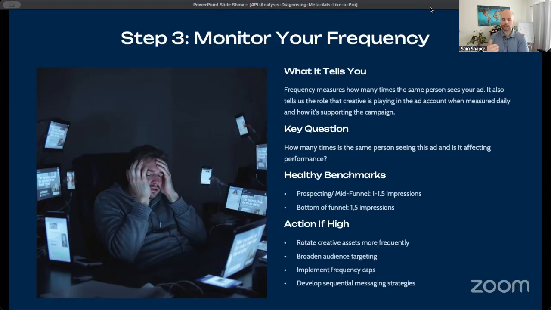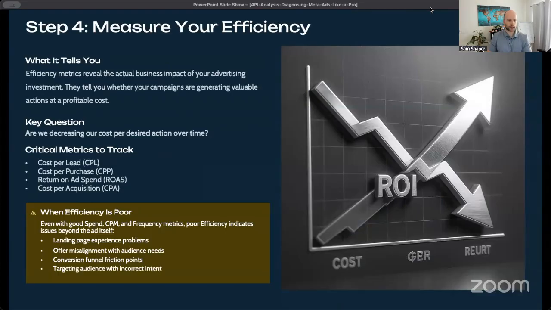But when it comes to, okay, well, how do I know if it's working or what do I optimize? When you're doing this 4PI analysis, which then obviously the last bit being the efficiency, when you're doing the 4PI analysis and you're going through the campaign, you're looking at, okay, well, where's my weakest link? Are my prospecting ads, for example, doing okay, but they're not really showing any efficiency? Or, for example, they might be showing terrible efficiency, like your